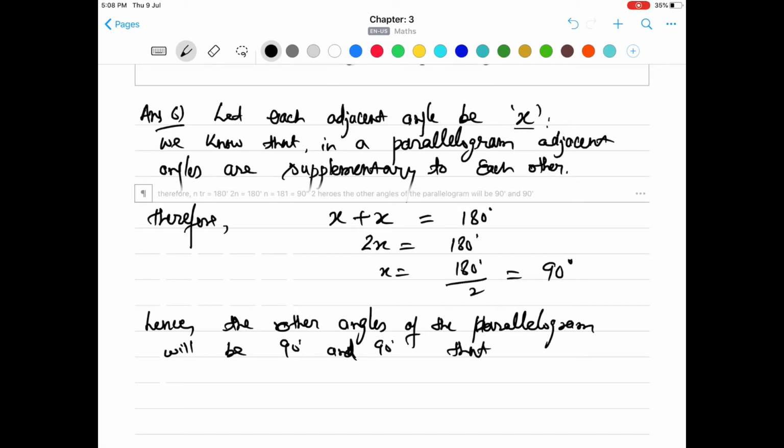That is what we call a 90 degree angle, a right angle. That is, each angle is